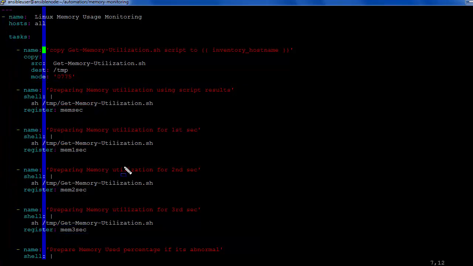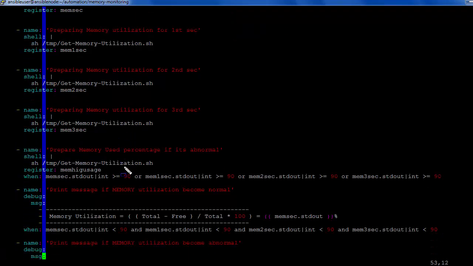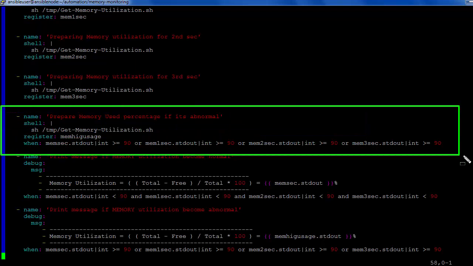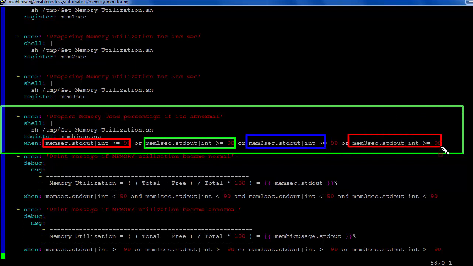Now I am coming to the next line. You see here I am applying the actual condition. This is my condition, for abnormal. If, each time, the memory utilization result in each variable is greater than 90, it will say abnormal.